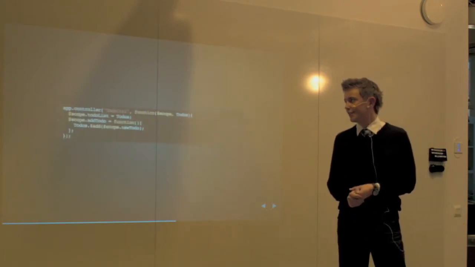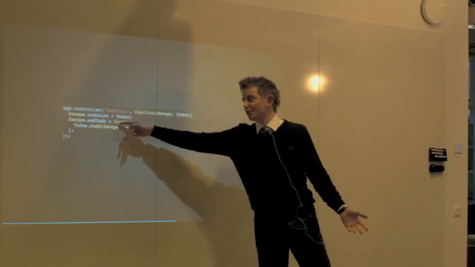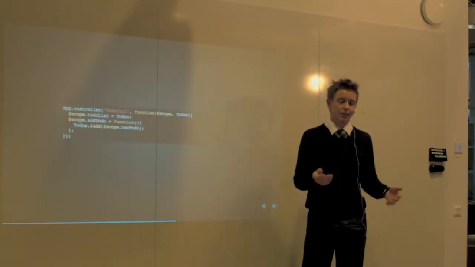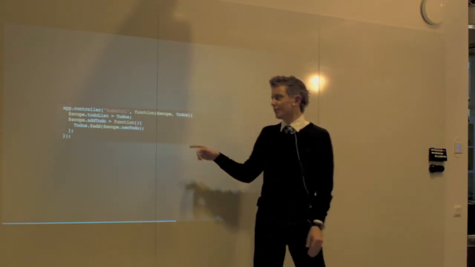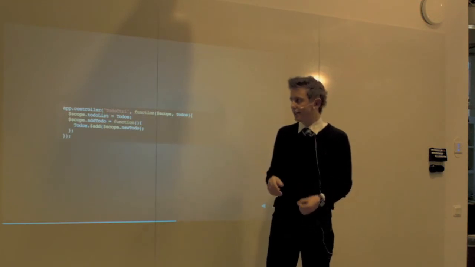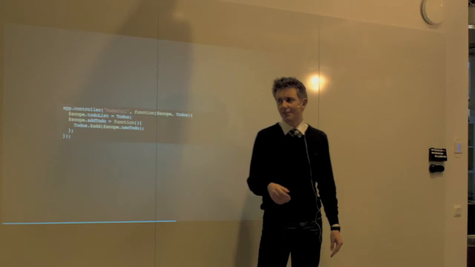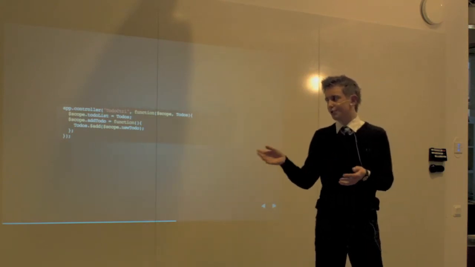So it would look something like this. You would just reference your to-dos and then set them to the to-do list, and then it would be very easy. You can just loop over the to-dos. And in AngularFire, they also added this add function, which I think is an implementation of Angular. So they push to the